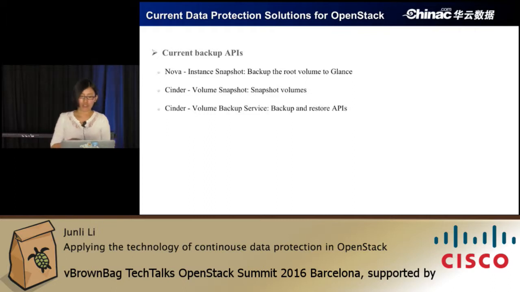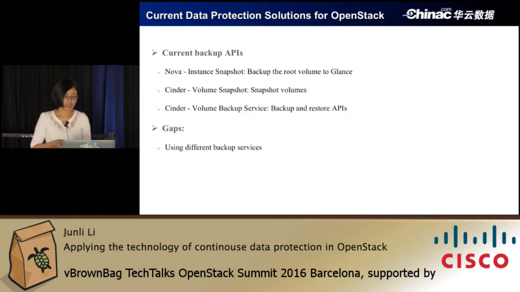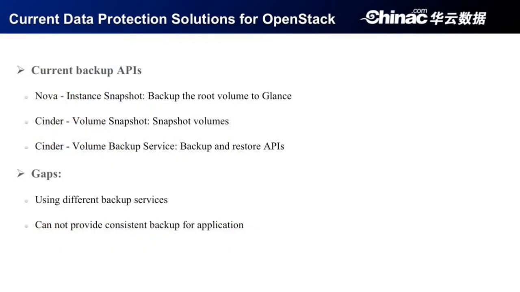Though these APIs are very useful in implementing a total backup solution, they have some gaps. Firstly, they are complex. Nova and Cinder use different backup services to stream the backup image, where Nova uses Glance and Cinder uses Swift or Ceph. Another gap is that they both cannot provide a consistent backup for applications, such as for a virtual machine. To consolidate these backup APIs,